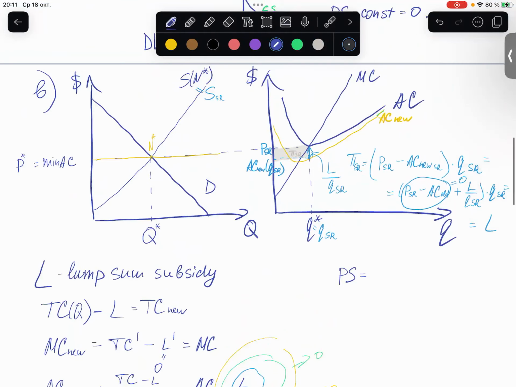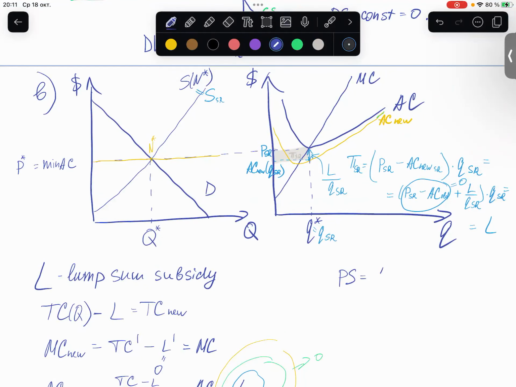Yes, for each firm lump sum subsidy. So this is L multiplied by the number of firms. Yes, their profits multiplied by N. Okay. And consumer surplus stays the same. And what else? And government spendings now are exactly equal to this lump sum subsidy multiplied by the number of